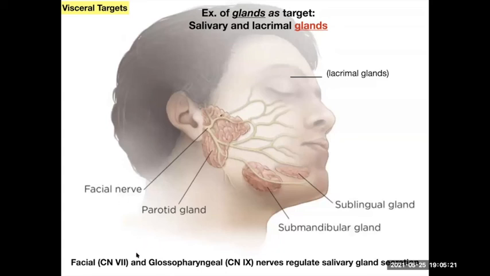Those other two, the facial nerve and the glossopharyngeal, 7 and 9, are controlling your salivary glands, among doing other things. Their visceral component is controlling secretions of your salivary glands. Basically, when you're hungry, your mouth starts watering because you're thinking of food, and this gets it ready to digest the food. There's enzymes in here which are going to help you digest carbohydrates and fats. And so those start stimulating when you're hungry, when these nerves are active.